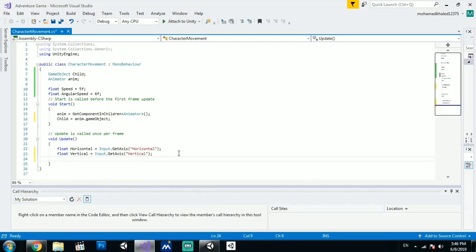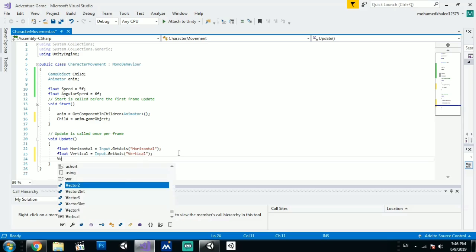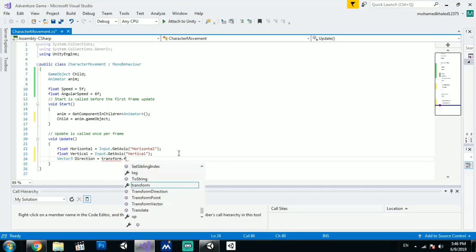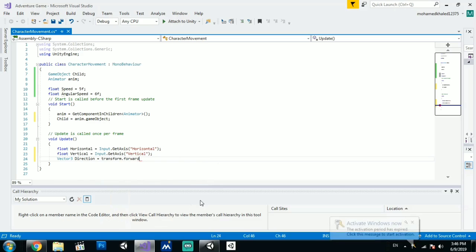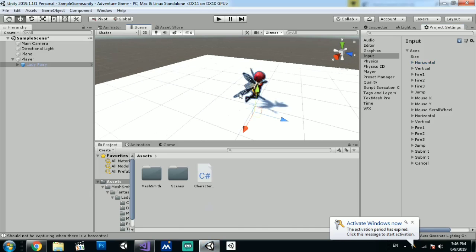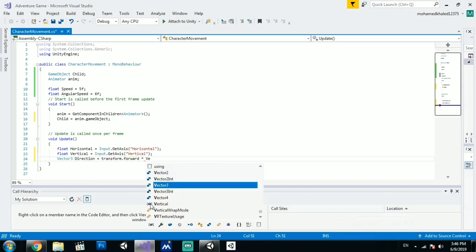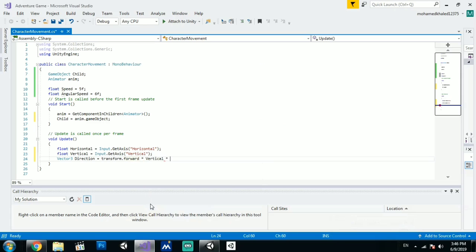Next we need to set our direction, so vector 3 direction equal transform dot forward. So this is the forward direction for the player, so if he's looking this direction, this is the forward direction, multiply by vertical, multiply by time dot delta time to make it smoother, multiply by speed,